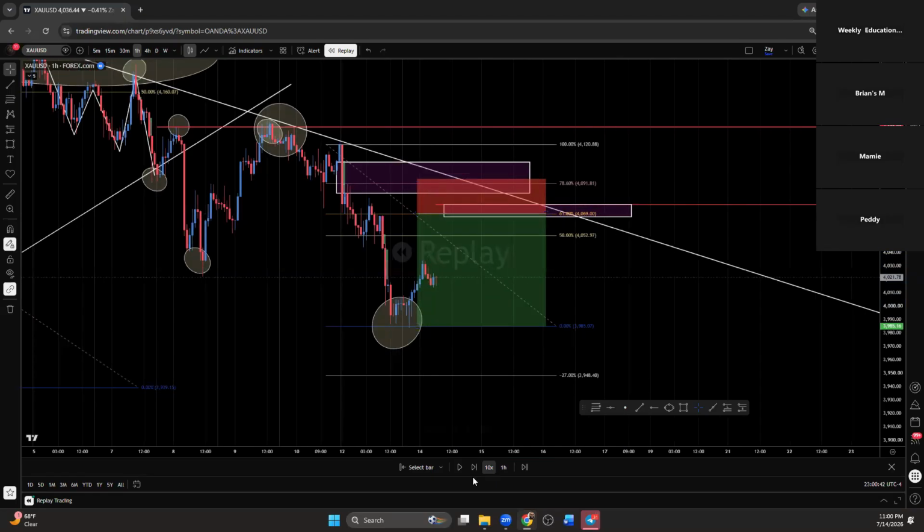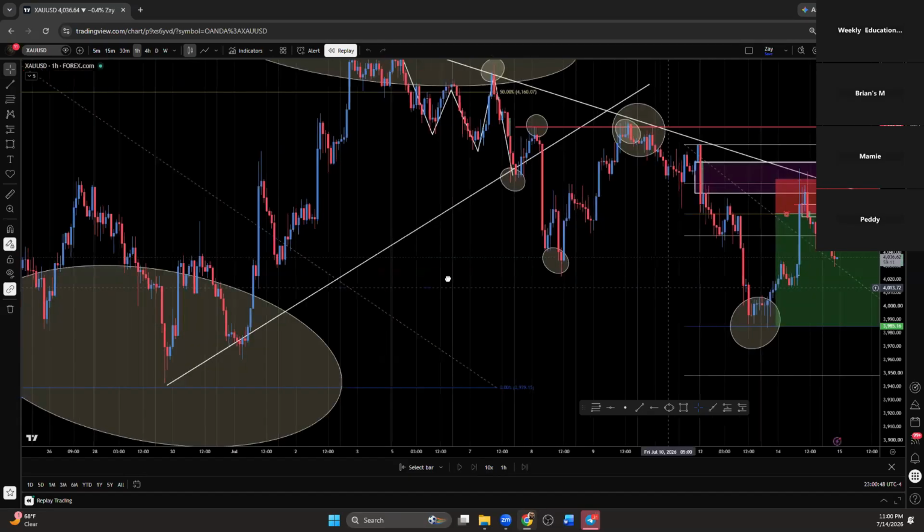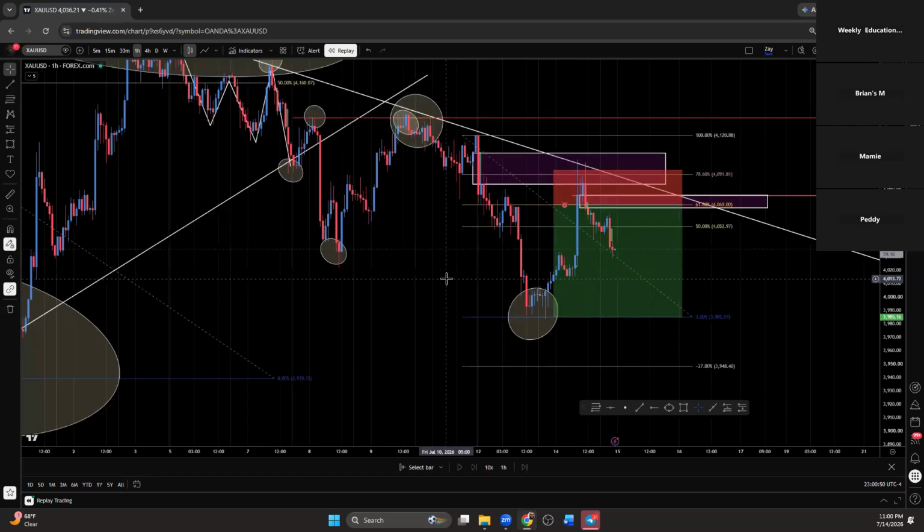And let's say I got a nice 1 to 3 risk to reward, and you take your trade and you get stopped out. You're like, bro, what the heck? I got stopped out of my trade and market still went in my direction. Why did we get stopped out, guys? What did we not wait for? Liquidity.